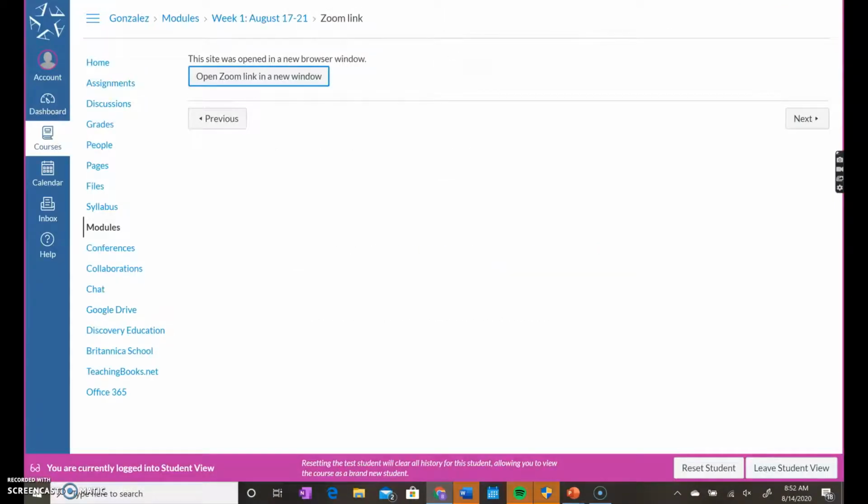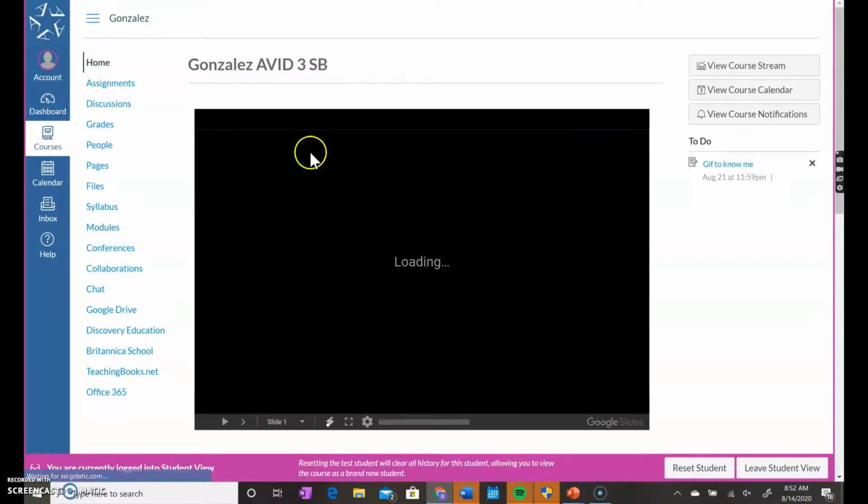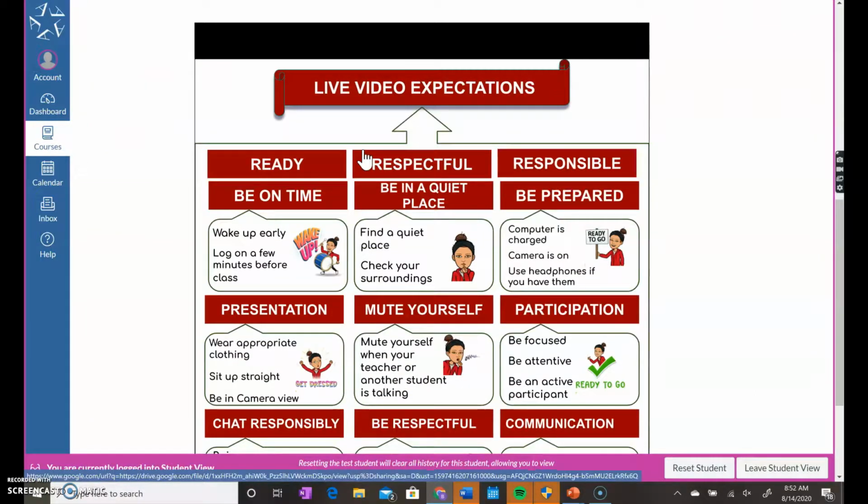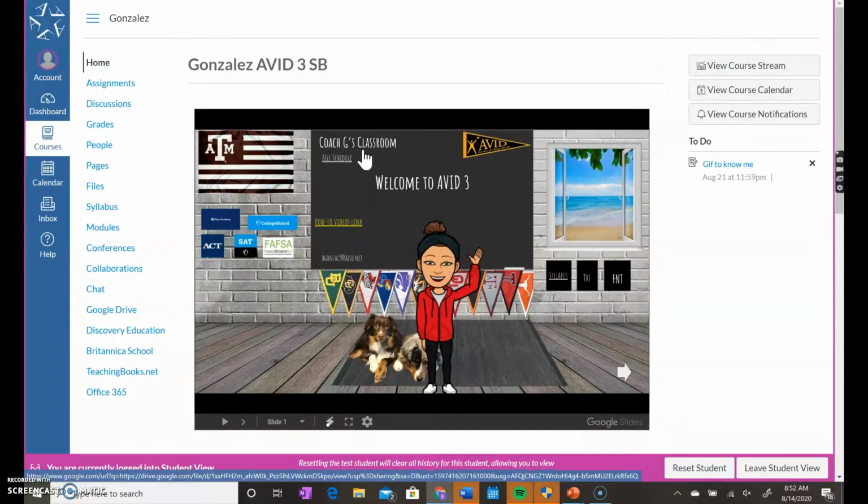It's pretty simple. I hope it works for everybody. If not, please let me know. All of this is going to be trial and error. I know we did Canvas some in the spring, but this is all still new to a lot of us, and it's just going to be trial and error and showing grace and just